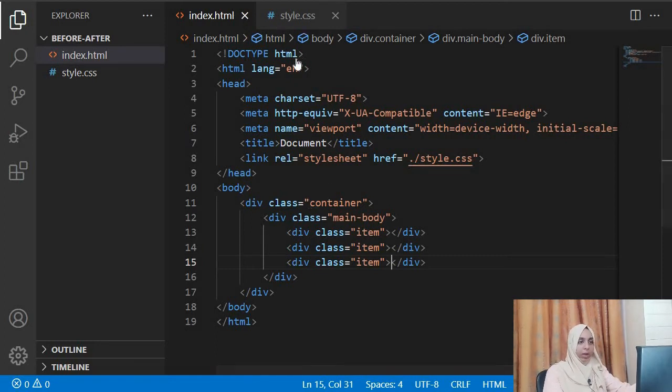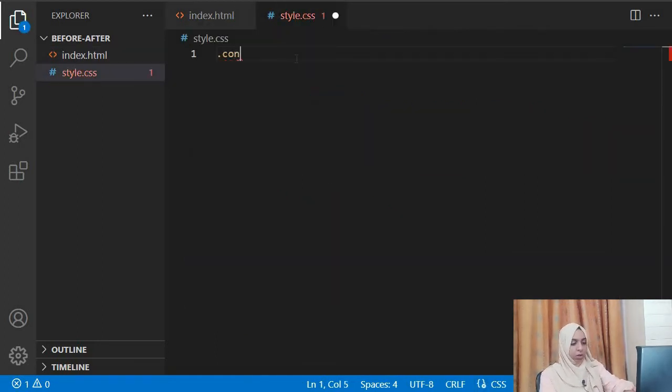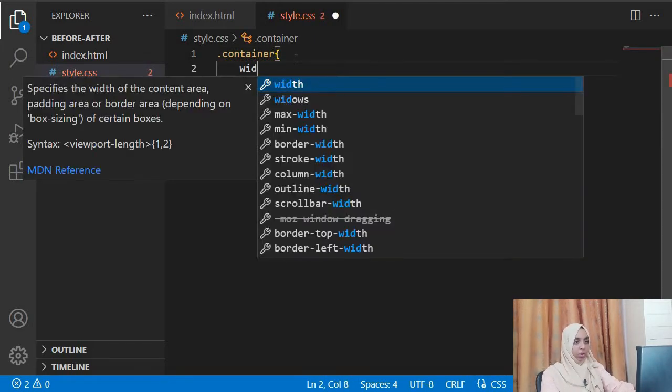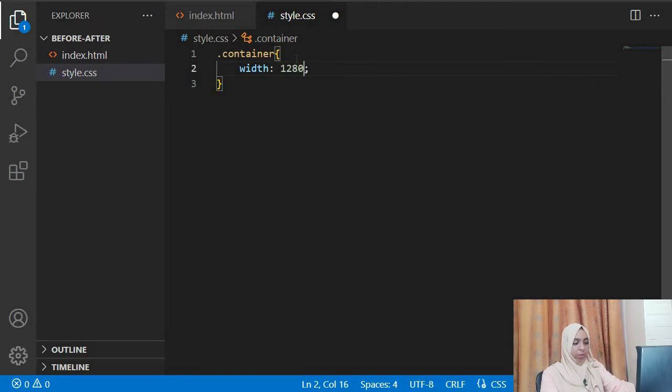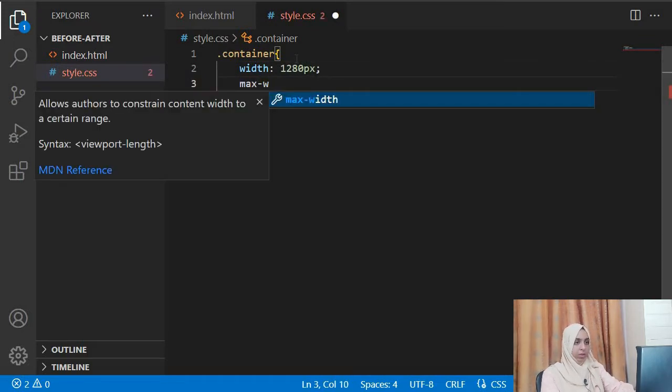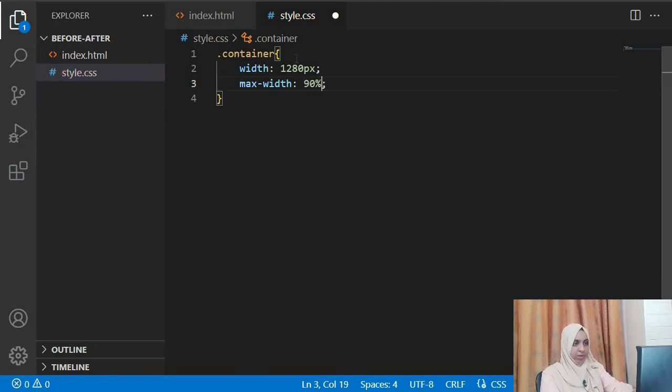Now to the container, as usual, the things that I give is a width of 1280 pixels, and we say we want a max width of 90%, for example, and margin we will give it of 0 and auto, so that we have it in the center.